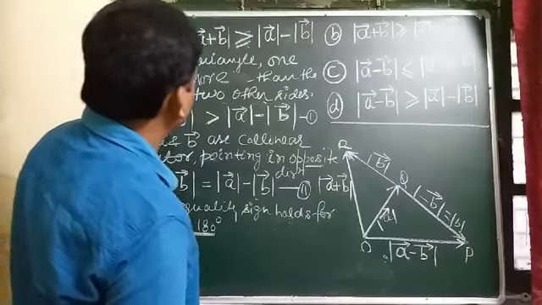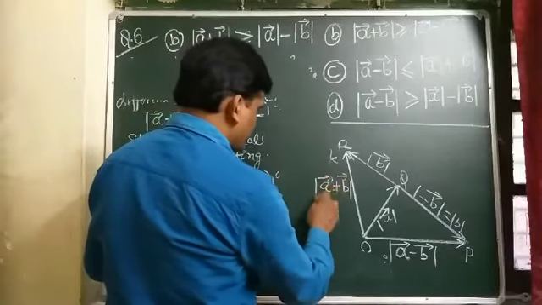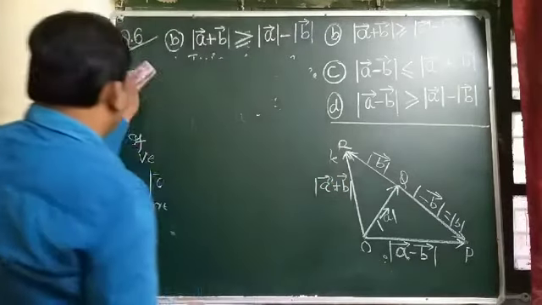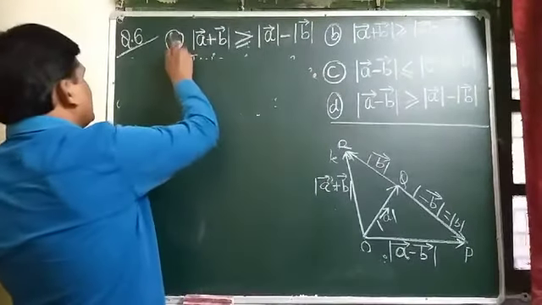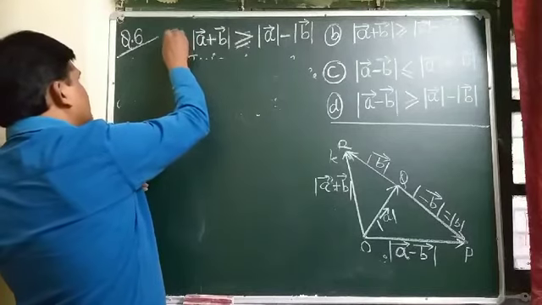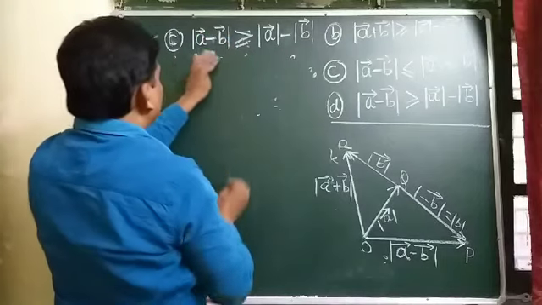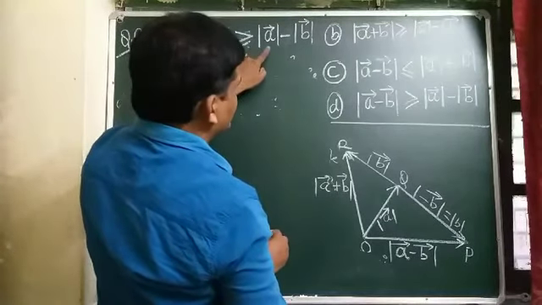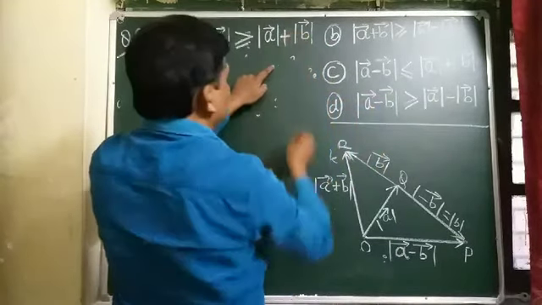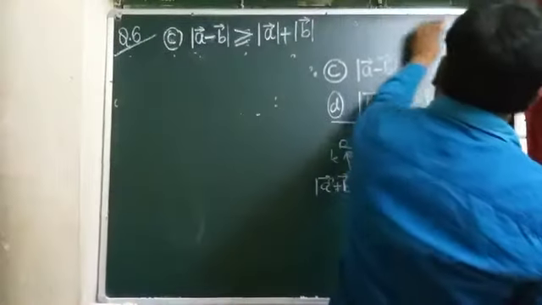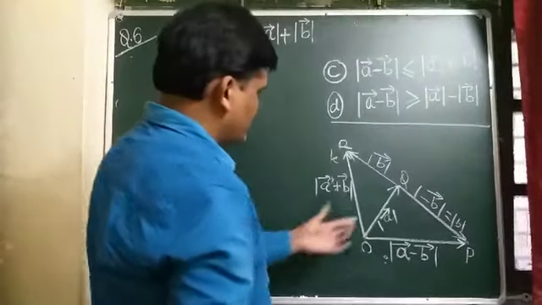Now student, the third part, here the C part. Now I am going to derive the C part. Mod vector A minus vector B, mod vector A minus mod vector B is greater than or equal to mod vector A minus mod vector B. This is the third part, the C part, and we use the same property as the first property. Now student, now we use this triangle.